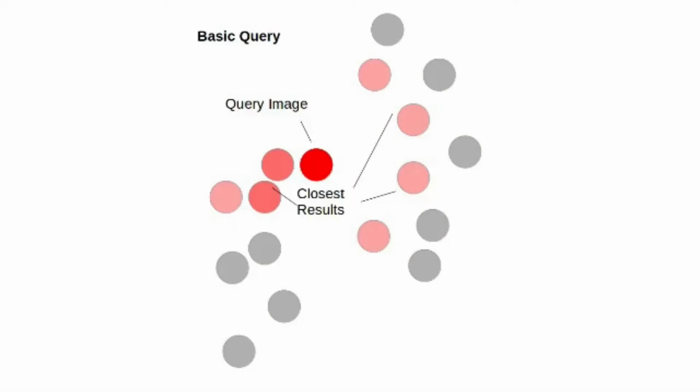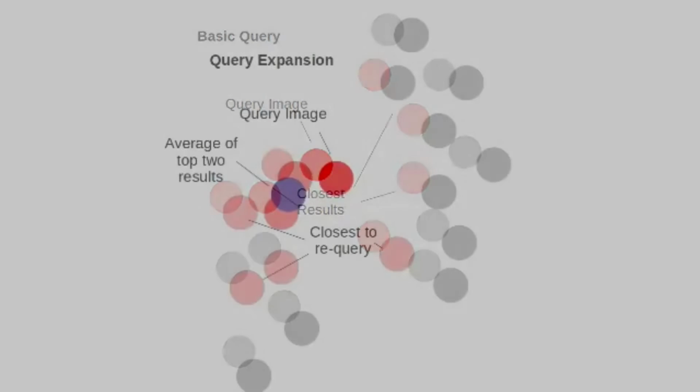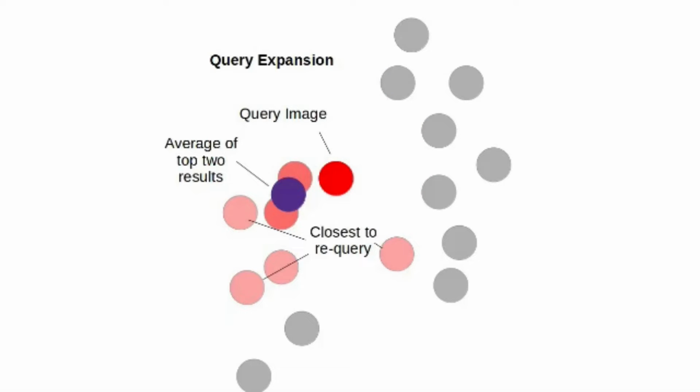So there were three main algorithms that I used. Firstly, you can do the naive approach of just taking the distance using some function like cosine or Euclidean distance. Secondly, you can carry out query expansion, where you find the top n results, like the top 5, and then you create a new query that's the average of those queries,